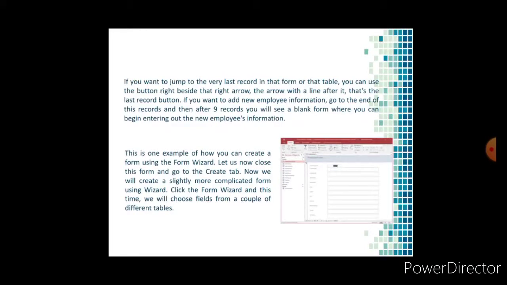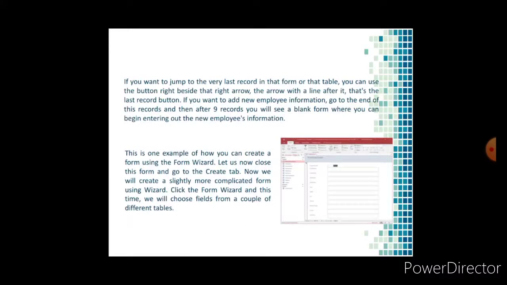If you want to add new employee information, go to the end of these records, and after 9 records you will see a blank form where you can begin entering the new employee's information. This is one example of how you can create a form using the Form Wizard.